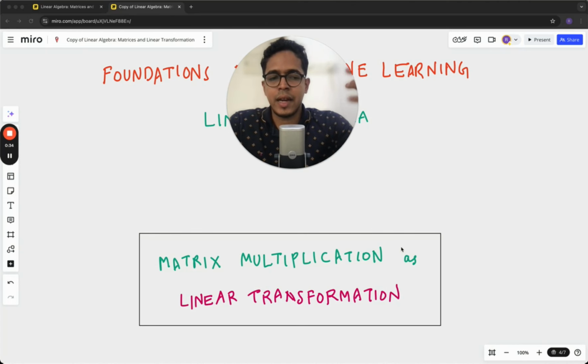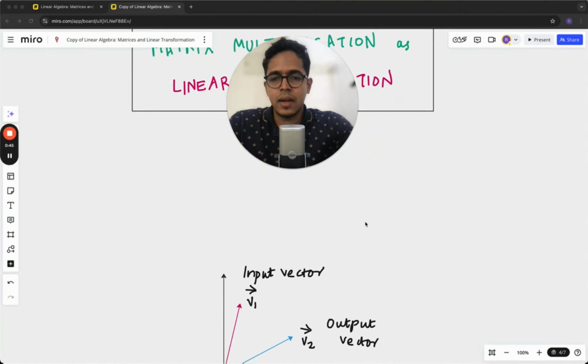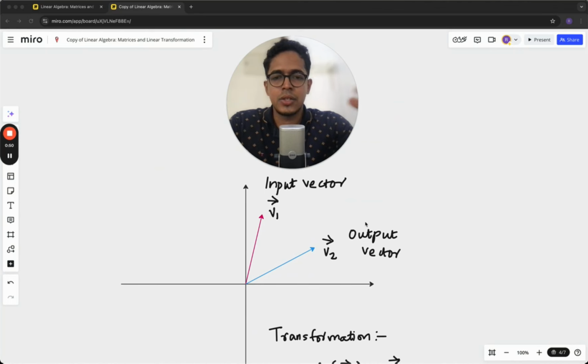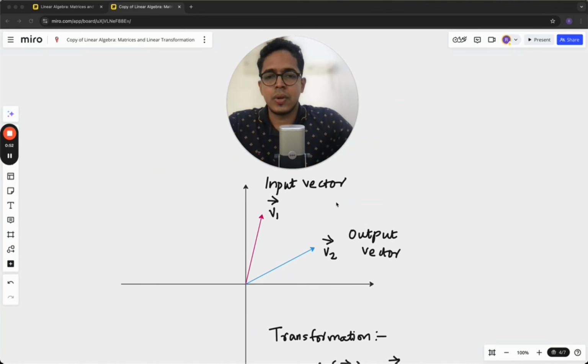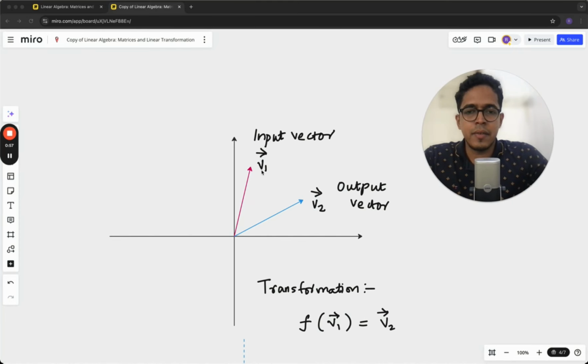So if you have a fairly good geometric or intuitive understanding of this whole idea, it makes your foundations very, very strong. So let us start with what do we mean by a transformation? A transformation is nothing but something that changes an input vector to an output vector. So here I have drawn a 2D space xy, and I have a vector v1 and vector v2. And a transformation is defined as, you can think of it as a function f, which transforms the vector v1